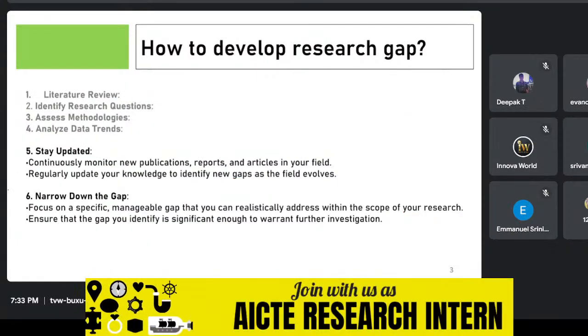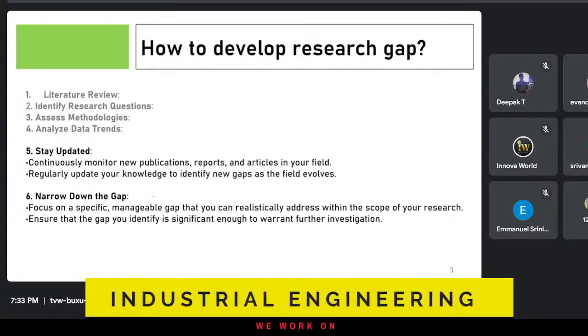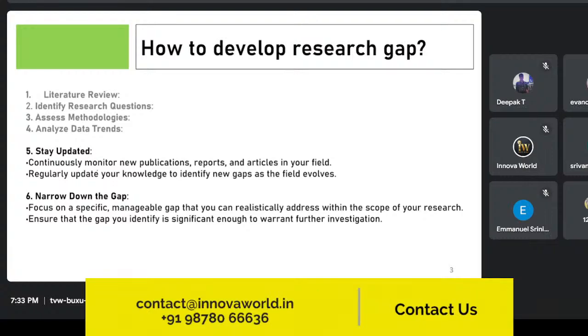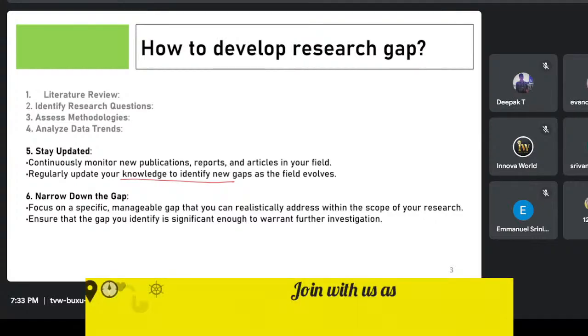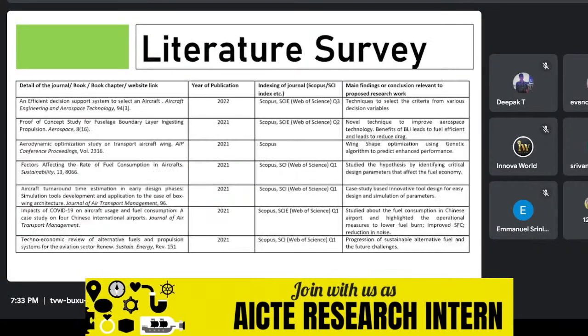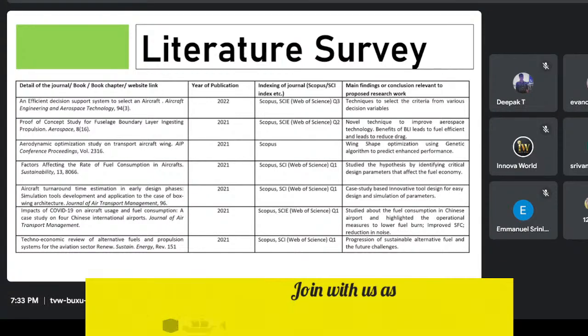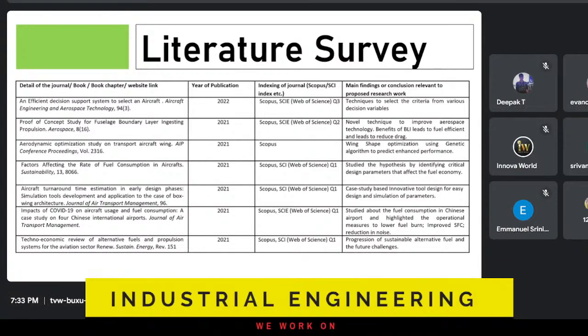So now the fifth one that you have to keep in your mind is to stay updated. Stay well updated with the knowledge of the current trends. This is very important. You should not use any obsolete data when you're collecting a literature survey or literature study; it should be well updated. For example, as this is 2024, you should collect the data